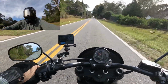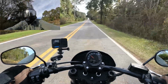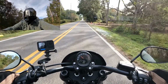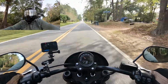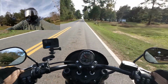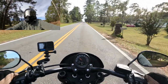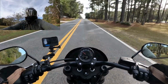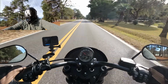But no, I just wanted to get out and do a ride, get out and let everybody hear what the bike sounds like on the road. Sorry if the road is not the best through here, so if it's cracking up some, or the sound, my talking and all, it's definitely because I feel like I'm going over rumble strips. So, but anyway,